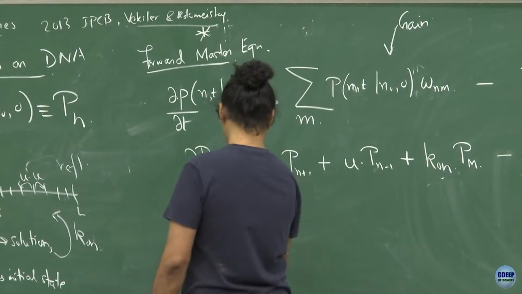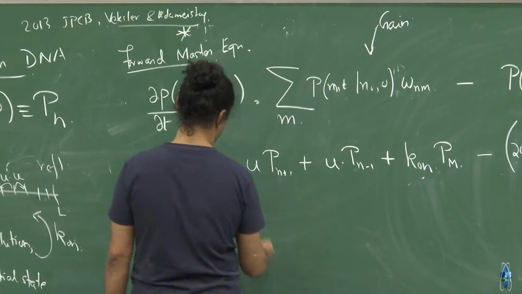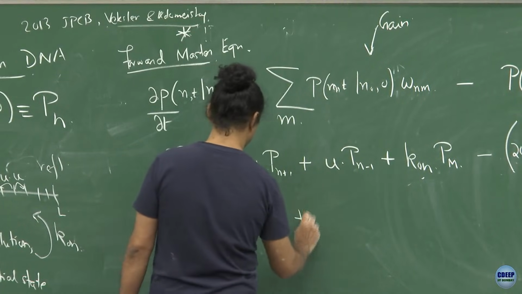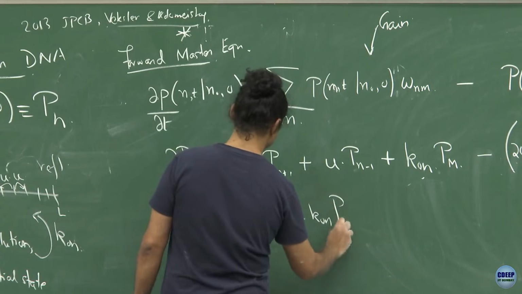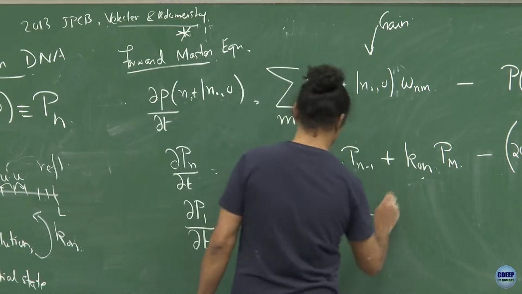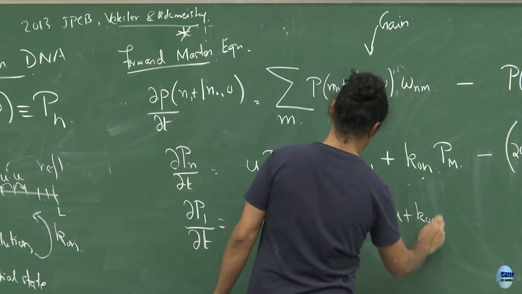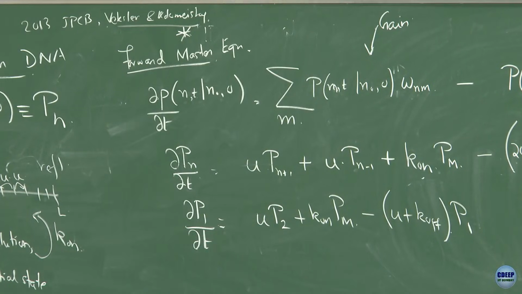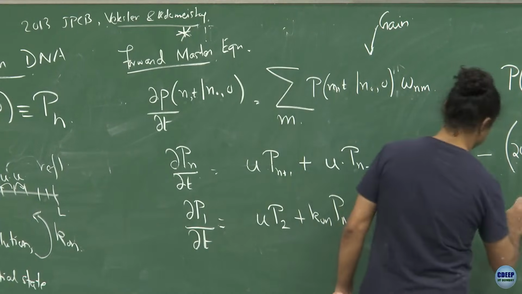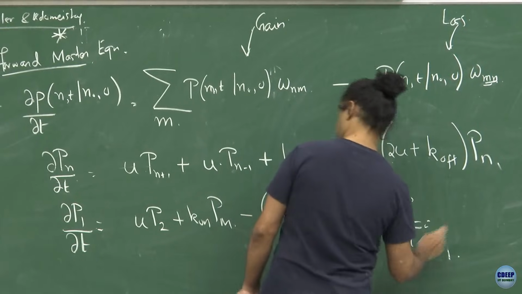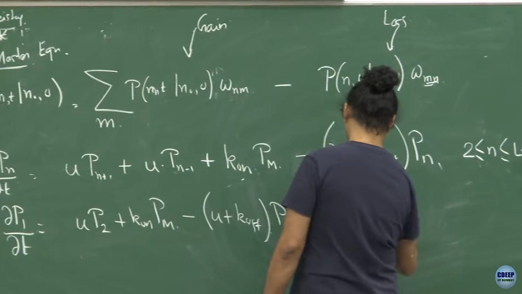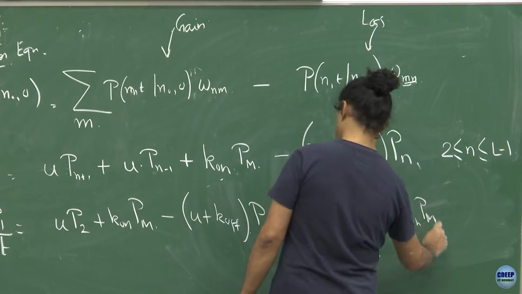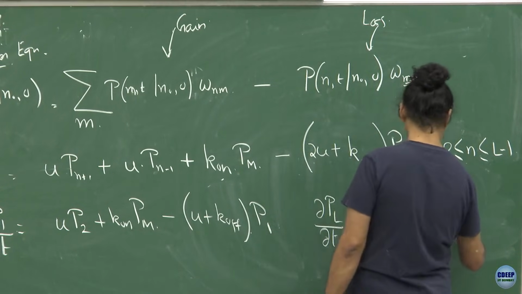All right. So then for P1 I would have u times, you could have come from P2 and you could have come from Pm from the solution, and then you could have gone to, right, and similarly for PL. So, if I write del PL del T, it is u times PL minus 1 plus k on Pm minus u plus k of